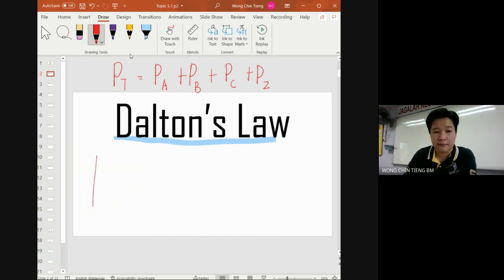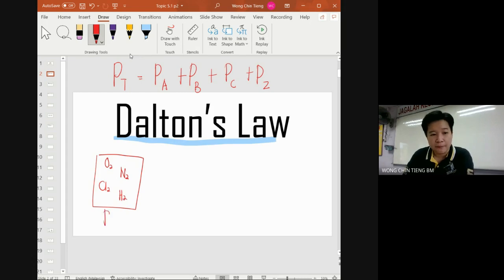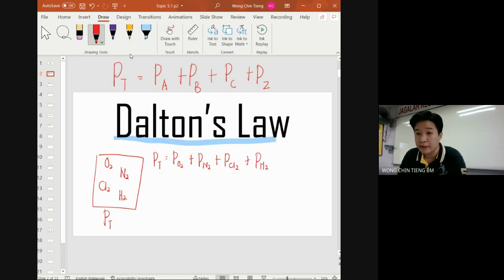So contoh, kalau dalam beaker saya sekarang, Miss Wong saying that we have oxygen gas, we have nitrogen gas, we have chlorine gas, we have what else? Hydrogen gas. So the total pressure in this container, the P total will be the partial pressure of oxygen gas, partial pressure of nitrogen gas, partial pressure of Cl2 plus partial pressure of hydrogen gas. Agree? Dengan syarat, what is the condition yang kita boleh apply Dalton's law? Yang kamu agree with what I said. Dia ada satu syarat. Which is